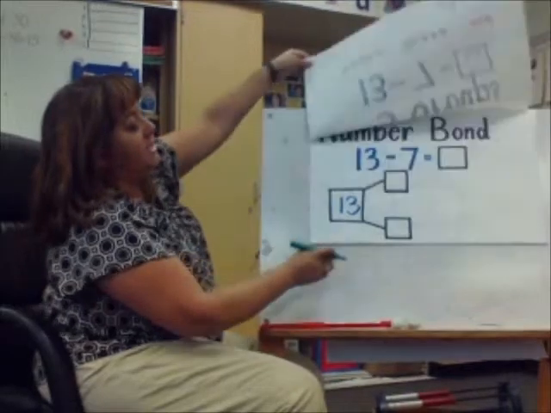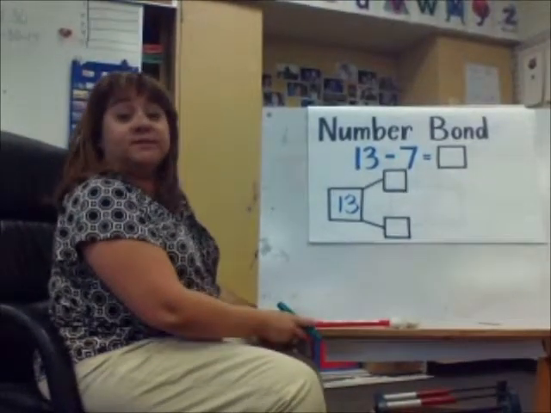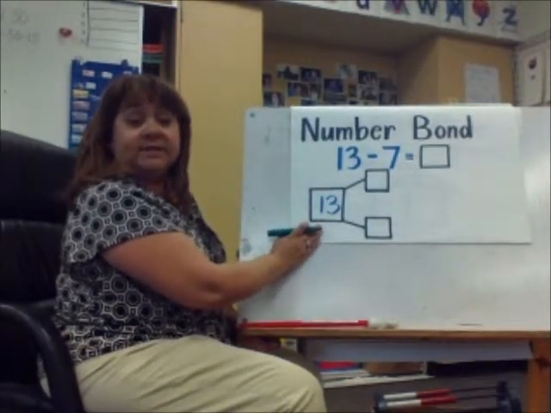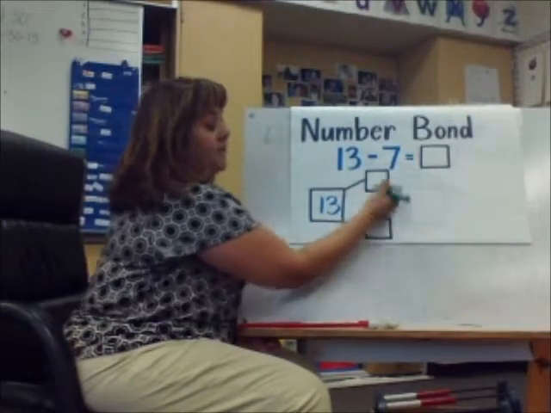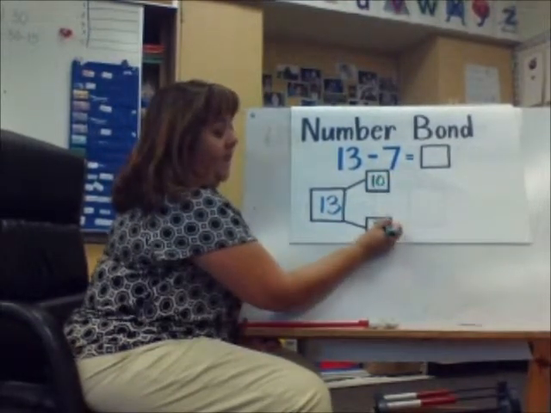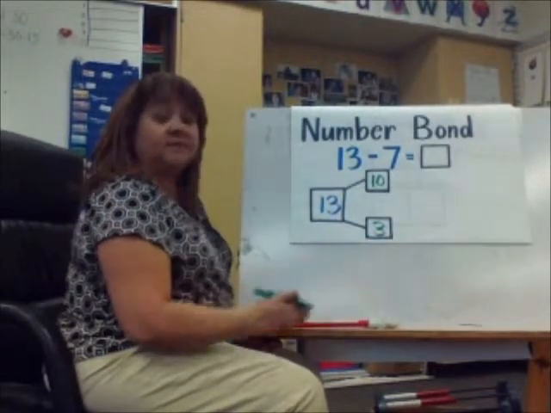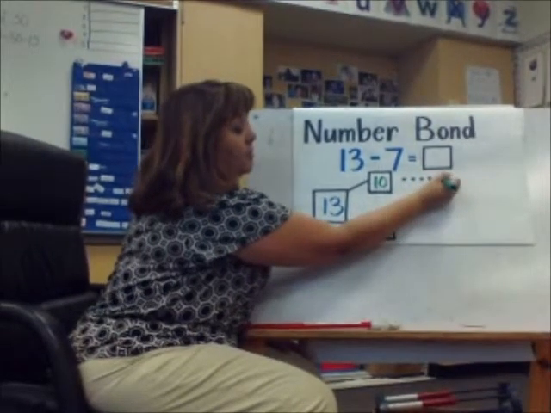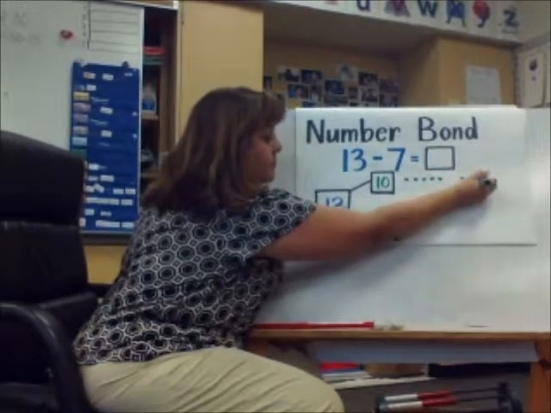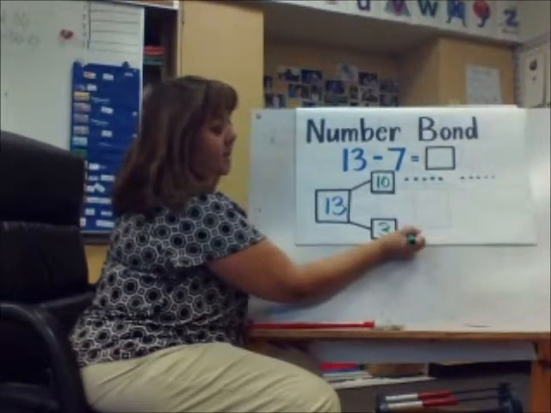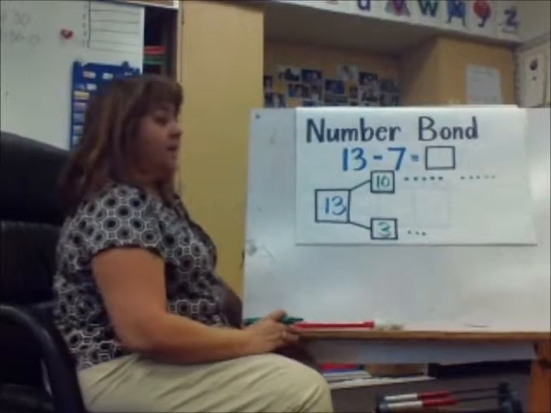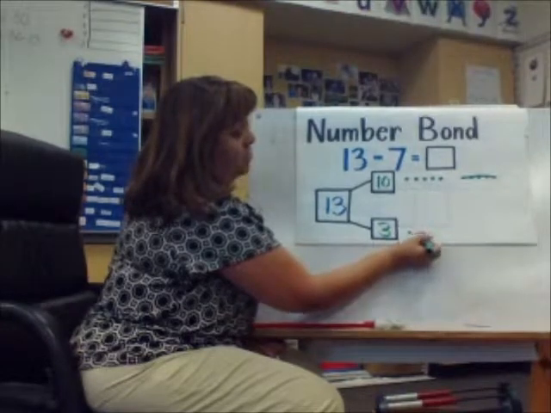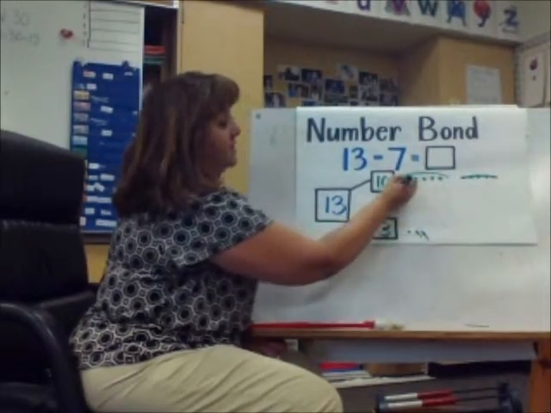Our next strategy is to use a number bond. And here we're still drawing, except that we take our number and we're going to break it up into a 10 fact. So we'll say 13 can be broken up into 10 and 3. Our next step is to draw, still using 5 groups. And 3 down here. Now if we need to cross out 7, we'll take 5 from here and 2 from here, which leaves